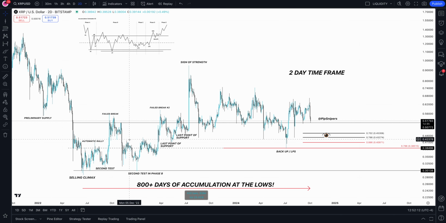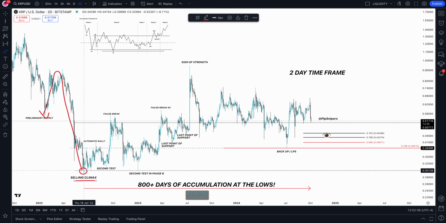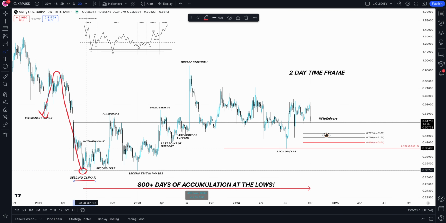I know I walked you guys through this accumulation schematic many times, but I like to just run through it again with you. So what we have over here is your preliminary supply back in January 2022. This is one last upswing before you enter into your selling climax. The selling climax is when a lot of supply enters into the market, and the hidden hand, or in other words, the composite operator, buys up all of those shares, all of that supply, which then causes an automatic rally to the upside. Then you have a secondary test of the lows, and then you have a failed breakout of